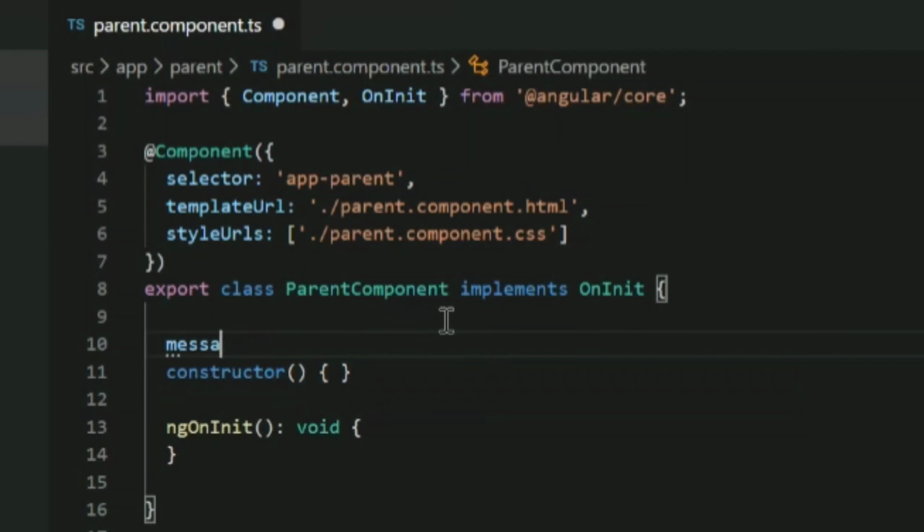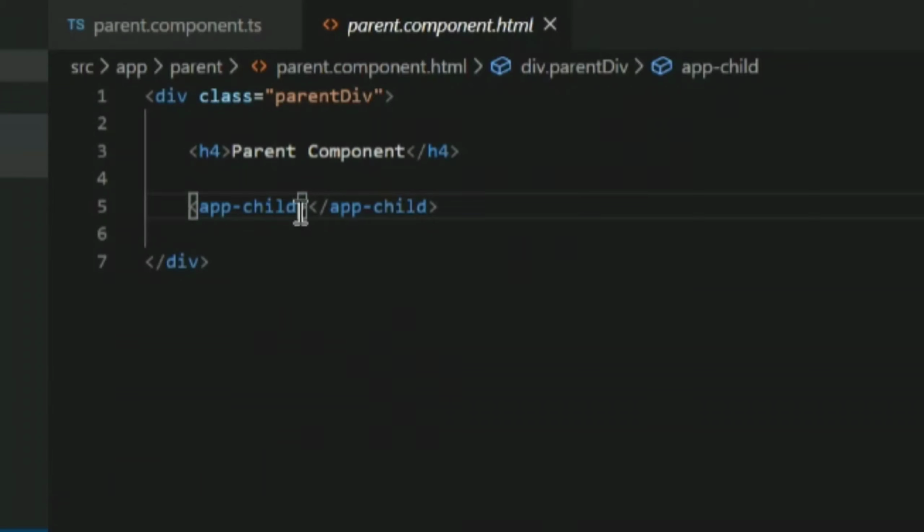Let's see in code. First go to the parent component and create one message variable with some value. Now go to the component HTML and add the input value in square brackets and assign the parent message variable to it.